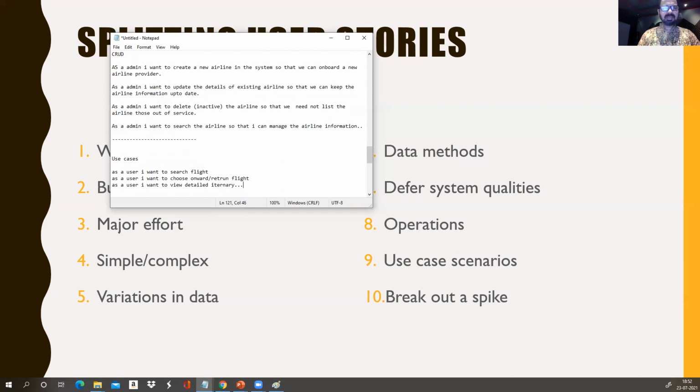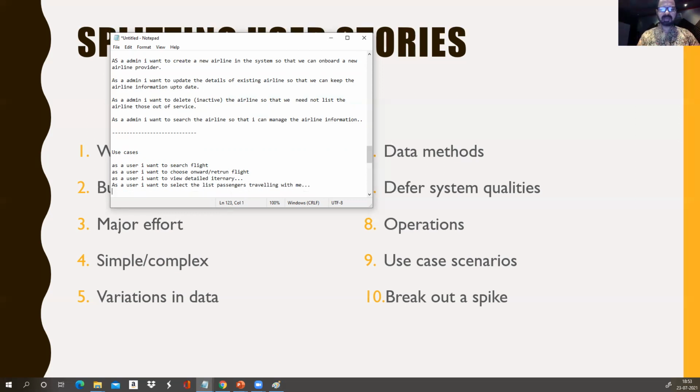These are basically calls to action, the various actions which the user performs when interacting with the system. As a user, I want to select the list of passengers traveling with me, because maybe he has already filled in the profile and his family information, so he can directly select.